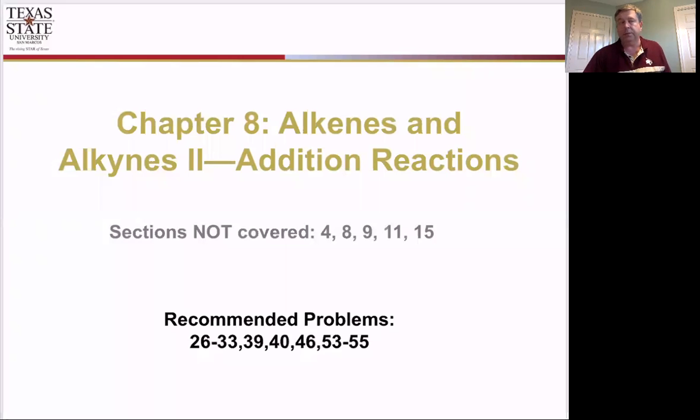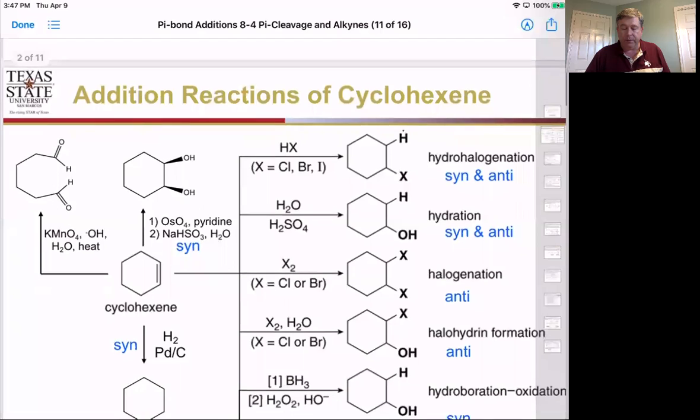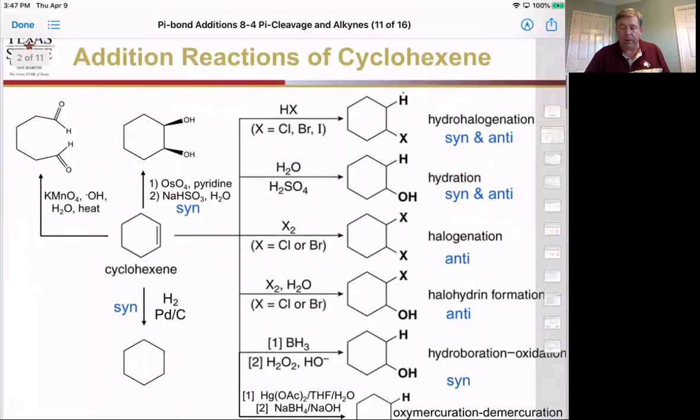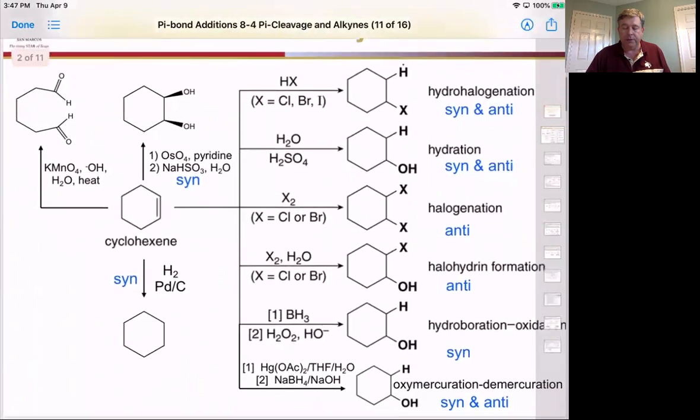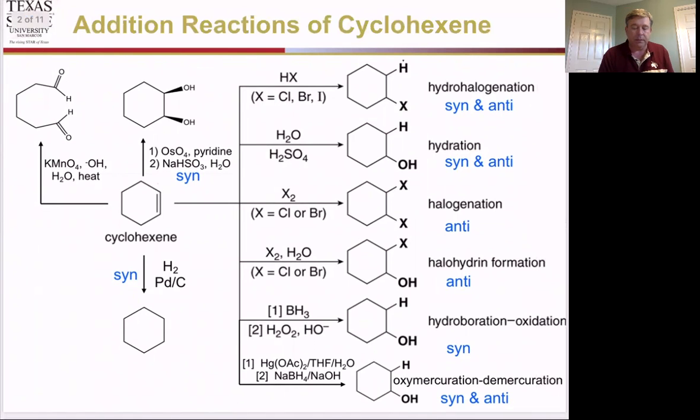Okay, organic chemistry 2341. This is the last section for chapter 8, alkenes and alkynes. So far we've looked at all the ones here on the right. We've done hydrohalogenation, hydration, halogenation, hydroboration, oxymercurization, and we've done the osmium tetroxide. So let's do this last one with different oxidation reactions we can do with alkenes, and then we'll go into